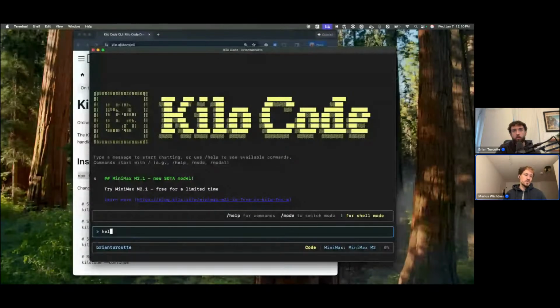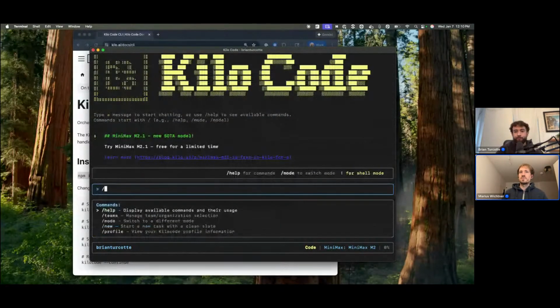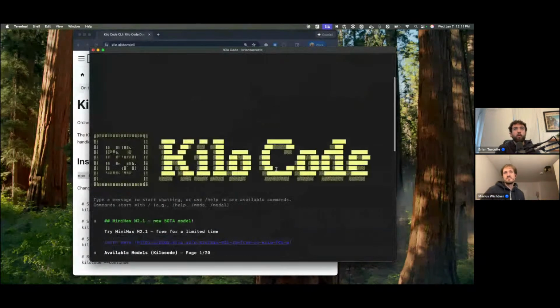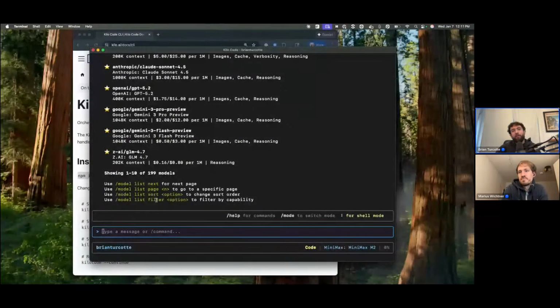Similar to what you maybe used from the VS Code extension or other applications, you can use slash commands. You use a slash, and with that slash you're able to select different options, or maybe a different mode, a different model. Yeah, right. So it's all the customization and modularity that people are used to in the Kilo IDE. You can change your mode, you can change your model. You can use orchestrator mode for agentic orchestration of subtasks across larger projects, and all from the command line.